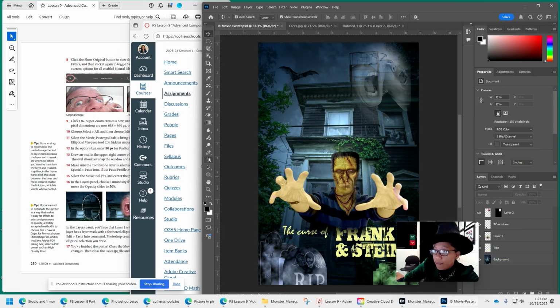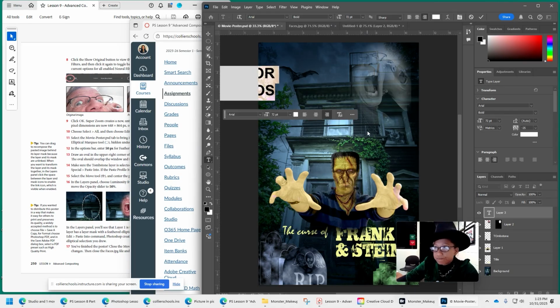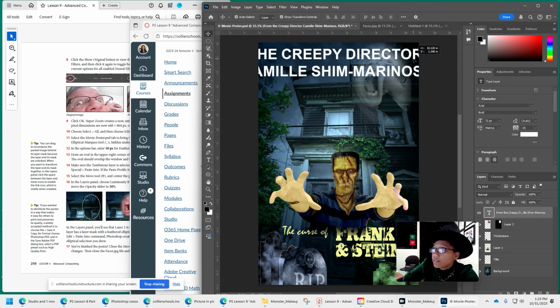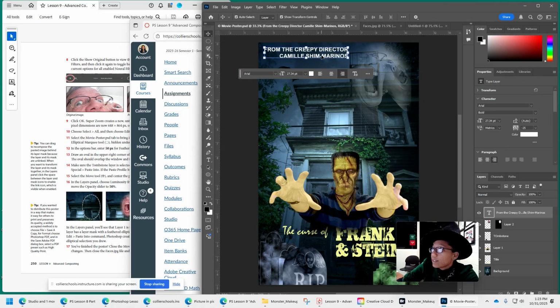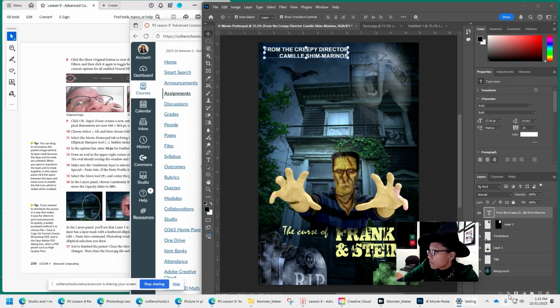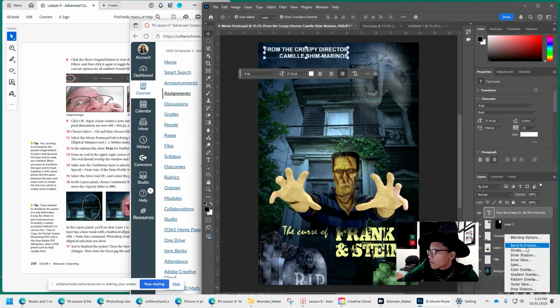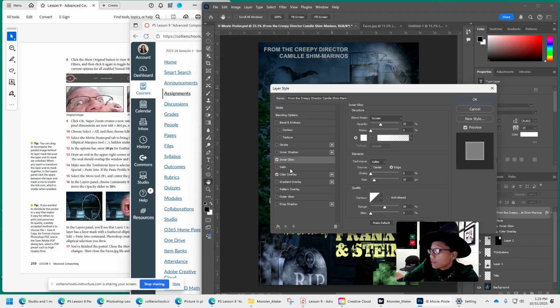And I want you to grab that type tool and, from the creepy director, your name. So I'm going to go ahead and move that into place, resize it, and you're going to give it a blending effect. So remember, I can right click, blending options. I can also press effects here and get the same type of thing, and go to blending options here. I just want it to not look so boring